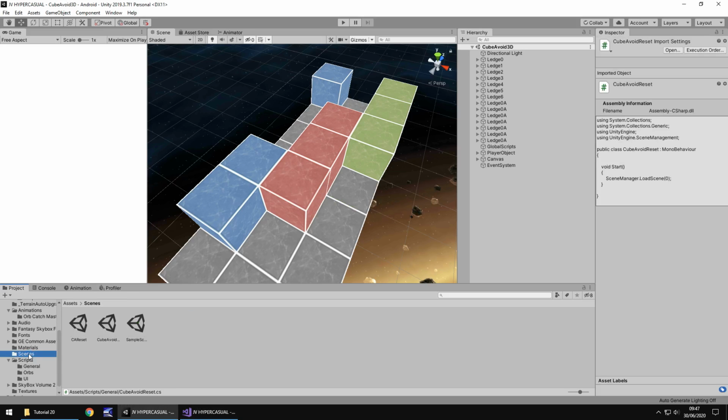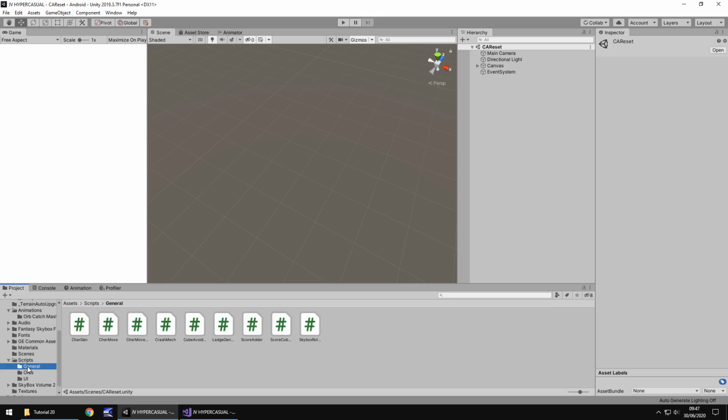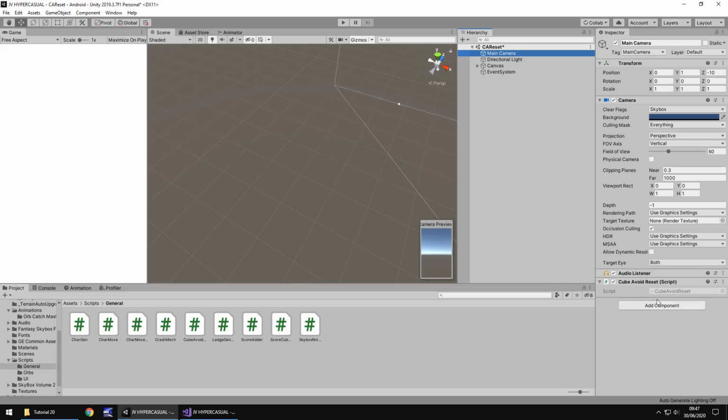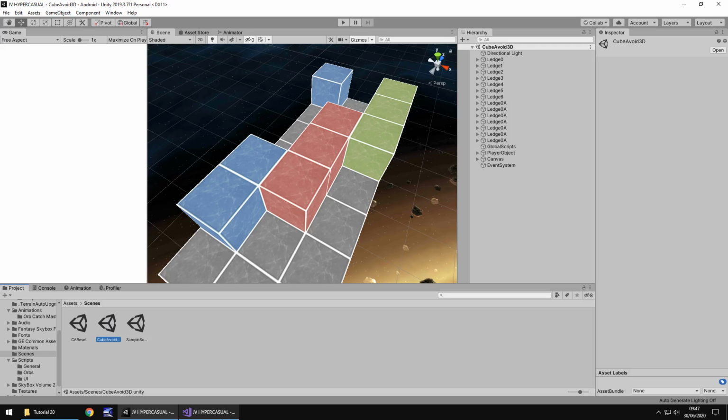So back in scenes and CA reset, you can attach that script to anything. It doesn't really matter. So if we just attach it to the main camera, it's fine because it'll function as soon as the scene loads. So save that scene, head back into cube avoid,